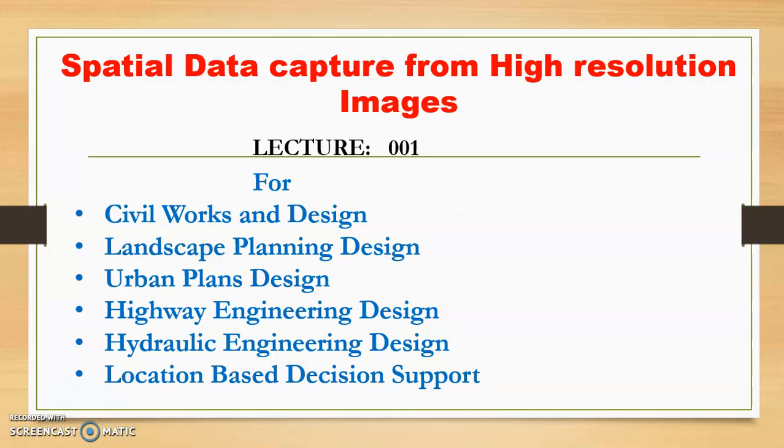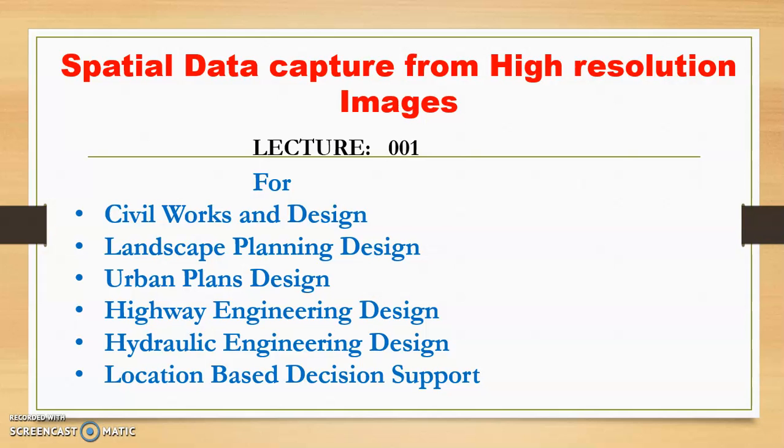When we talk about high resolution images, we are considering images that are of sub-meter level, 1 meter or sub-meter level spatial resolution. We have Ikonos that is 1 meter. We have QuickBird that is 65 centimeter. We have some other orthophotos that can be 20 centimeters or less. So when we have this data set, we can use them as a primary base or primary data set for our design.